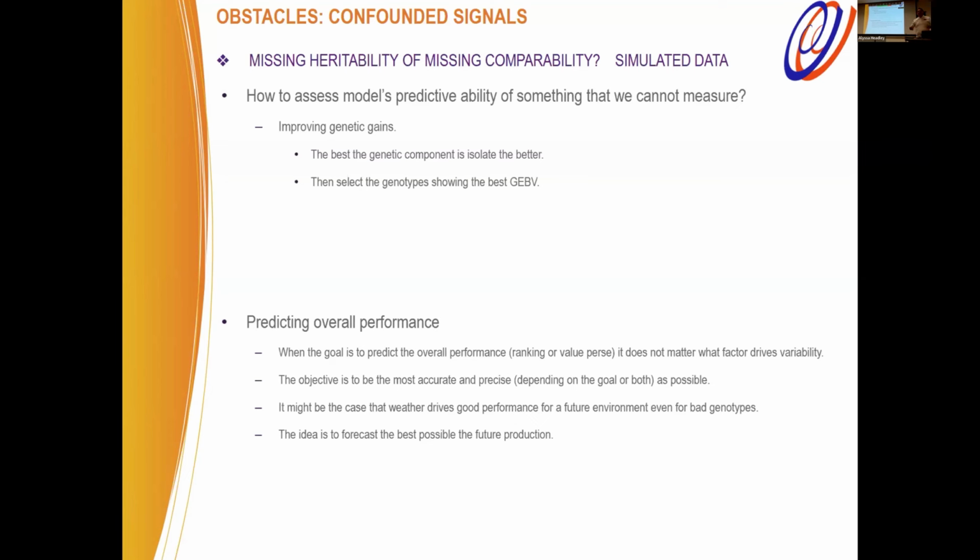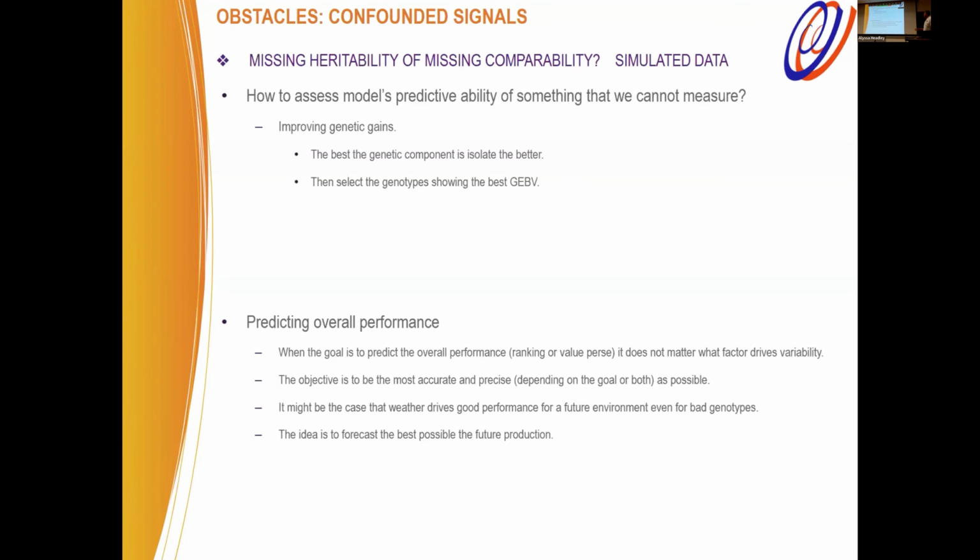Probably a private company, after they develop the improved genetics, they want to make contracts next year on how much seed they can deliver. So they have to estimate with high accuracy how much product they will have. And it's when they are more interested in predicting the actual phenotype. And it doesn't matter if whatever is driving the variability is something that they can control or not. They already developed the improved genetics. They just want to know how much they can commit to sell in a contract.